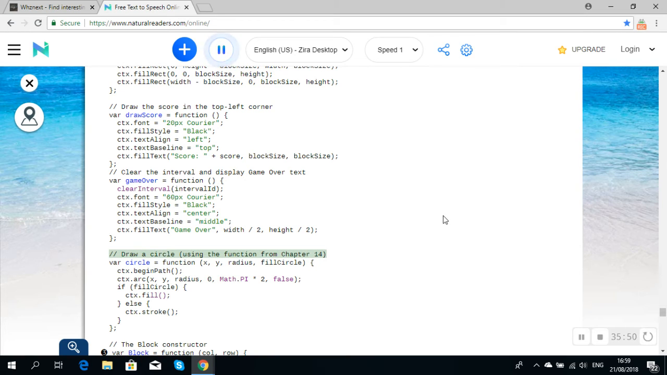// Draw a circle using the function from chapter 14. var circle = function (x, y, radius, fillCircle) { ctx.beginPath(); ctx.arc(x, y, radius, 0, Math.PI * 2, false); if (fillCircle) { ctx.fill(); } else { ctx.stroke(); } };